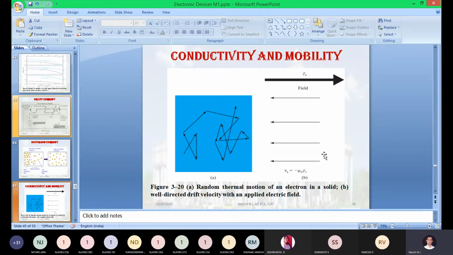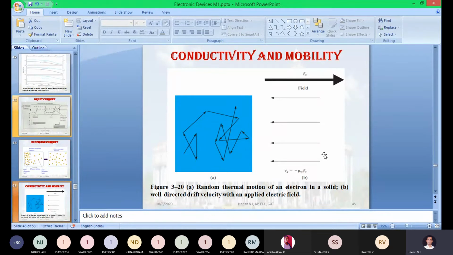Why am I using the word current density instead of saying current? Diffusion current. No, current density. What is the meaning of current density and current? Density is per unit volume. And current is the normal current, generally an average, I guess. When only one electron is involved in constituting a current, we call it current. When a larger number of electrons participate in constituting a current, we call it current density.